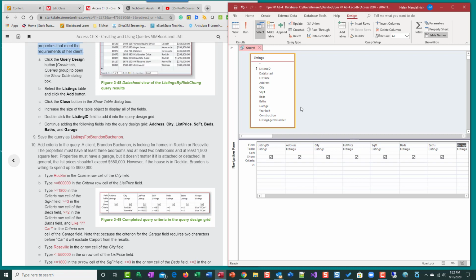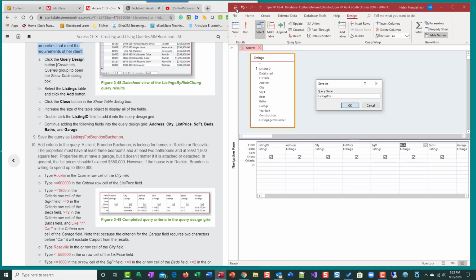So let's say you forgot something. Let me get rid of beds. So let's say I accidentally skipped this beds one, and beds needs to go between square foot and baths. I'm going to click on beds up here and then just drag it down. You get that little knot symbol, just keep going, and it goes between square foot and baths. Do you see how my mouse opens up and it's got that little plus sign? Let go and it inserts it. So even at the point where you're pulling your fields, if you miss one, you can recover from it. It's okay. So let's go ahead and save this query as Listings